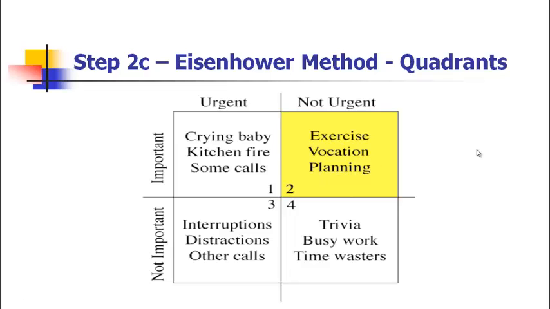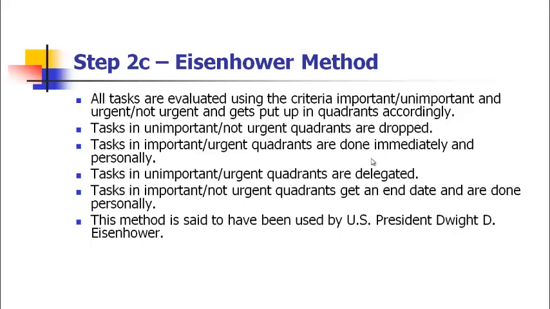So I will suggest you try to shift your activities. Keep track of your activities, how much time you are spending in different ways, and then try to shift them and set it as a goal. You want to spend more time in this important and non-urgent quadrant, which is quadrant number 2. Alright, so having said that, let's move on to see the steps further.